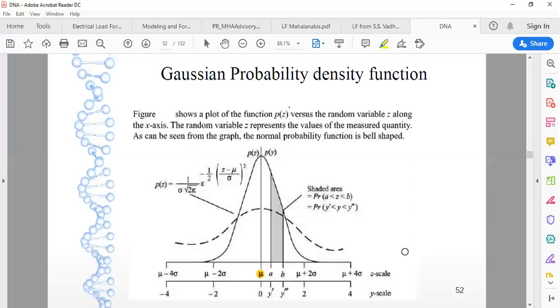Suppose I consider sigma as 0.1, then my value will vary from the mean value minus 0.4 to plus 0.4, likewise. So once the standard deviation of that meter is known to us, that kind of normalization curve or scale can be decided. Mostly this curve deviates only up to 2 sigma. After normalization, we can easily say that the area under this curve remains unity.